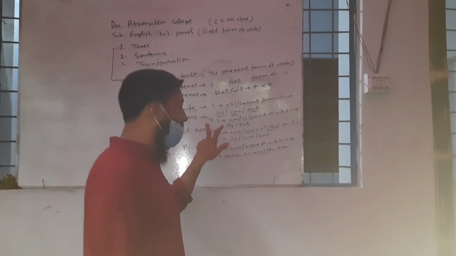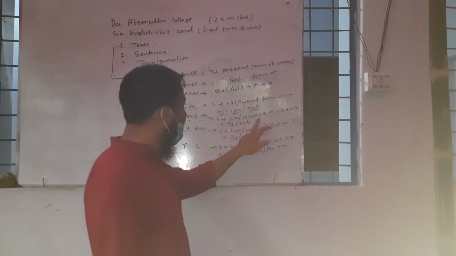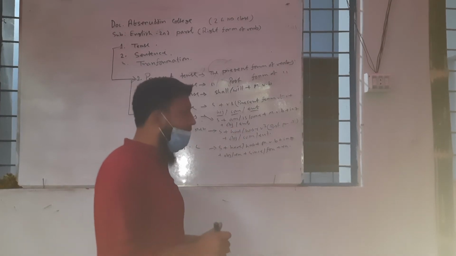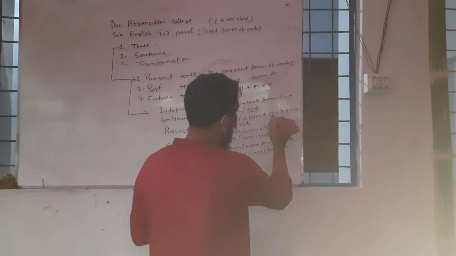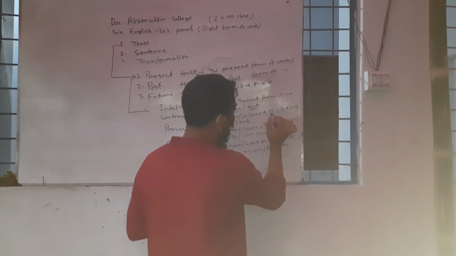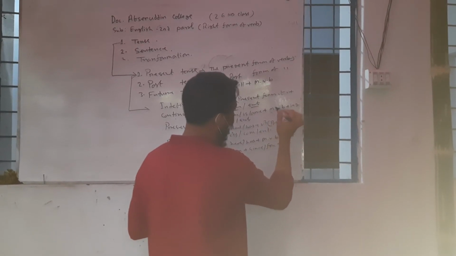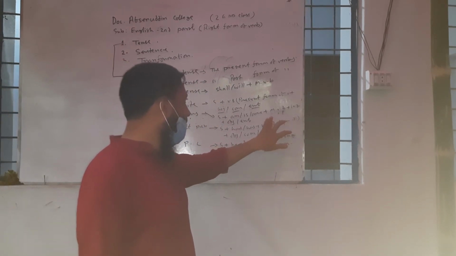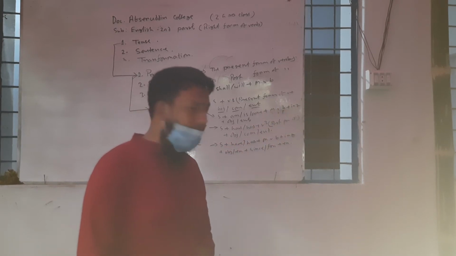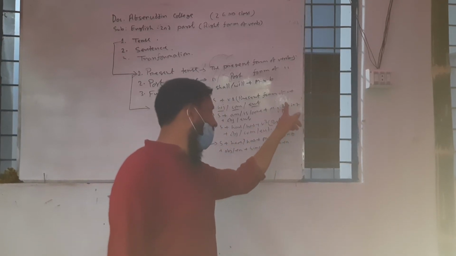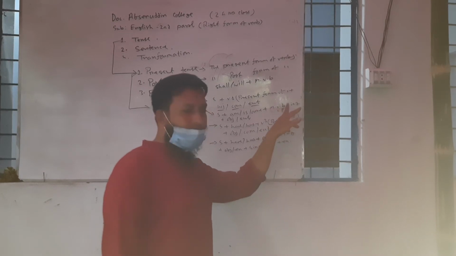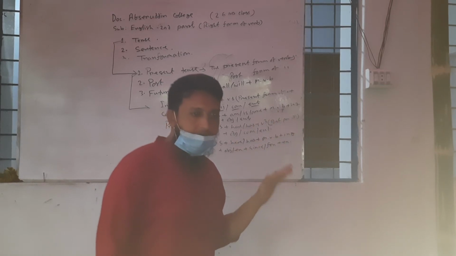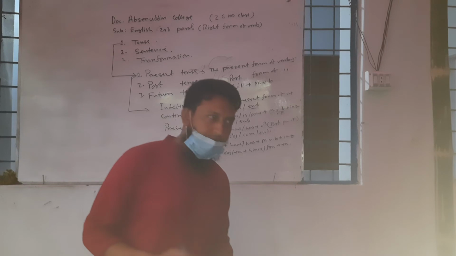Present continuous tense is a form of tense where the structure is subject plus am, is, are plus MVB plus ing plus object plus extension. You may tell me that in most books it is not like that; they write MVP, main verb present form. What is the difference between MVB and MVP? MVB denotes main verb base form, the base form of main verb, and MVP is the present form of main verb. There are many differences between the present form and the base form of main verb.